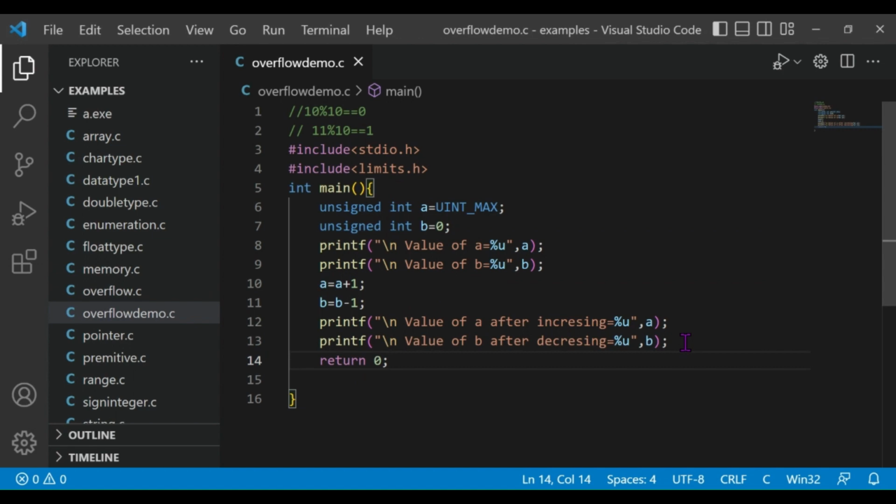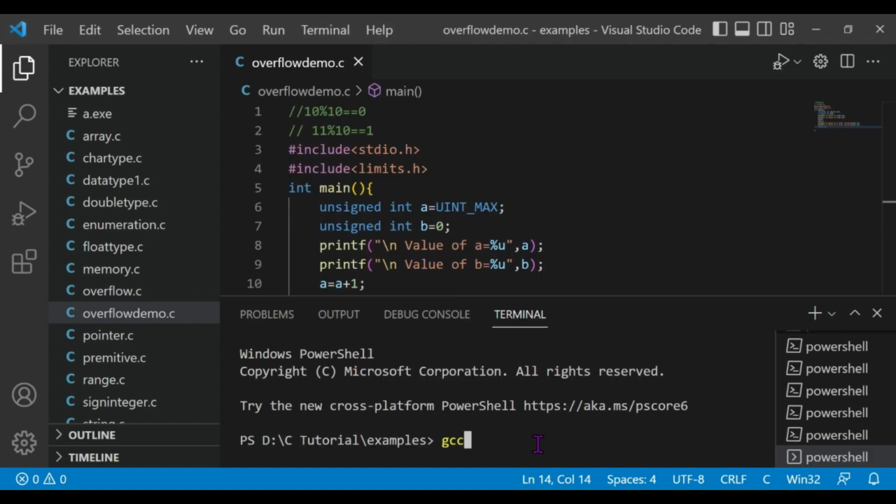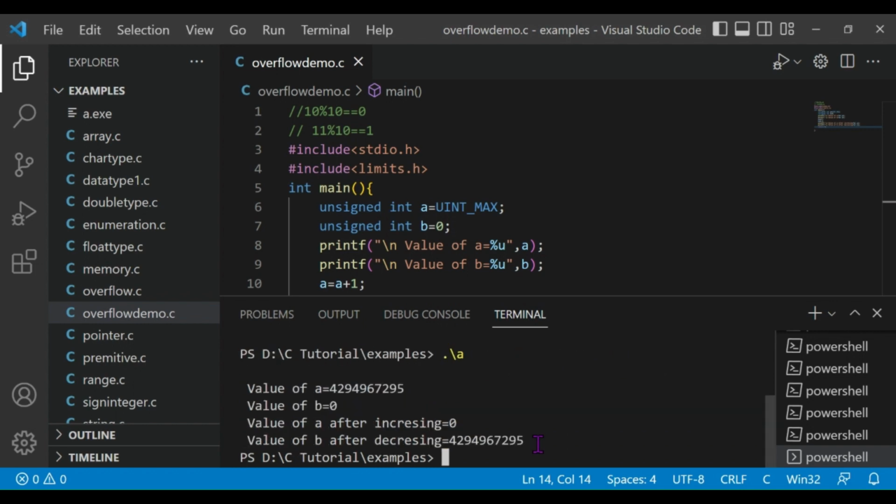Save it, and open a terminal, gcc, and the file name is overflow_demo.c. Enter. It's compiled successfully,